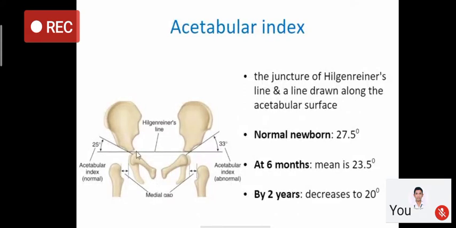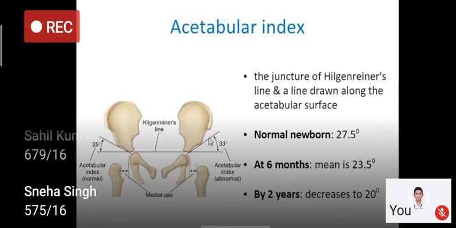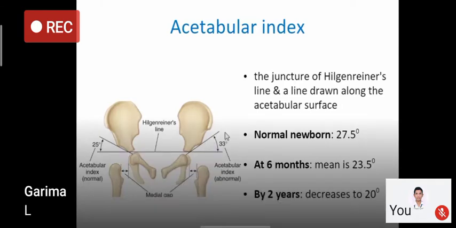Like this. This is the horizontal line of Hilgenreiner and this is the edge line. So this is the inclination of the acetabulum. Normally it is 20 to 30. If it is more than 30, that means the acetabulum is almost vertical. It is the angle at the junction of Hilgenreiner line and a line drawn along the acetabular surface. Normally this is 27.5 degrees. In 6 months it decreases for coverage of the head of the femur, and by 2 years it decreases to 20 degrees. So this is critical,